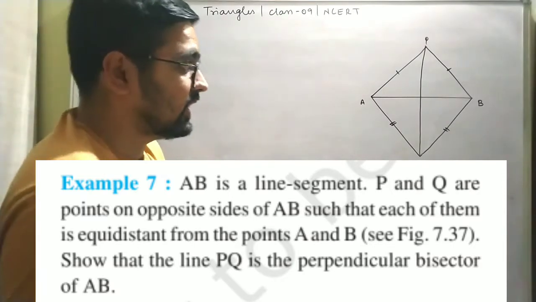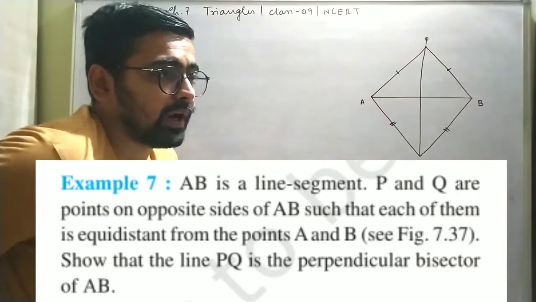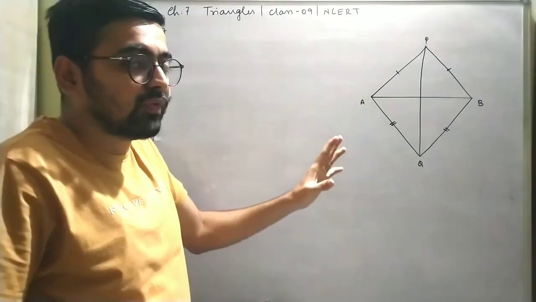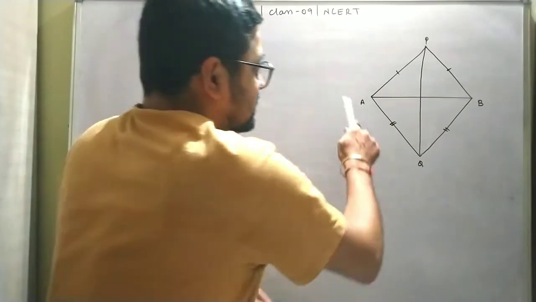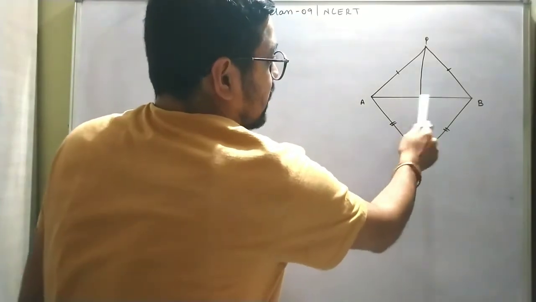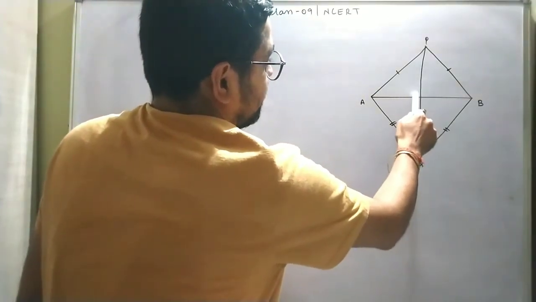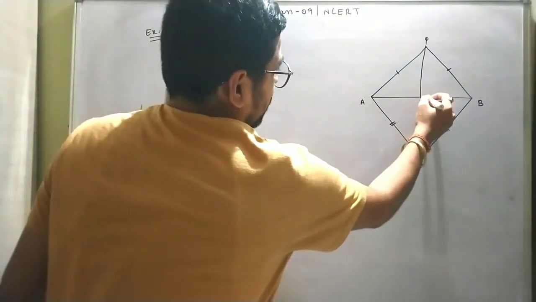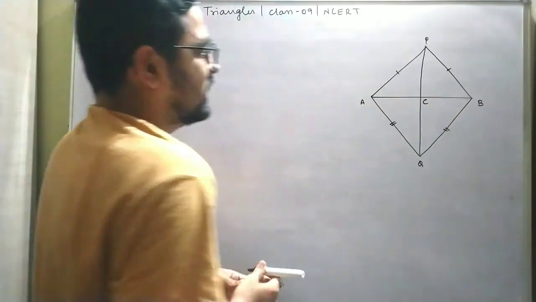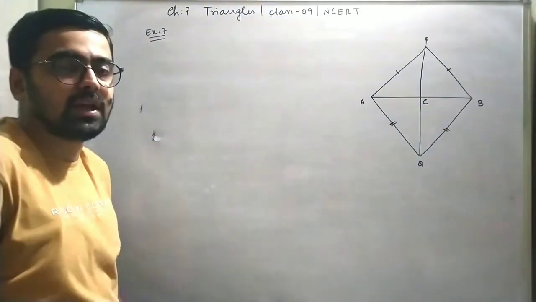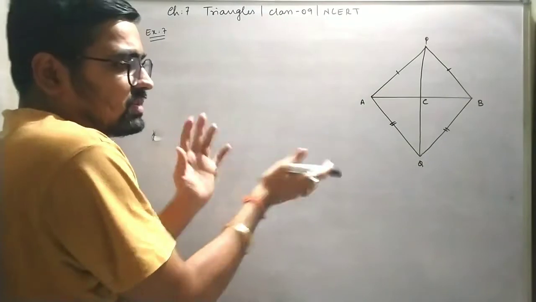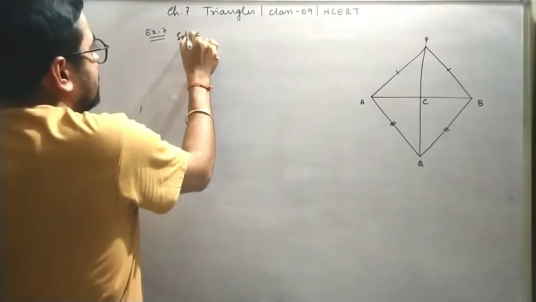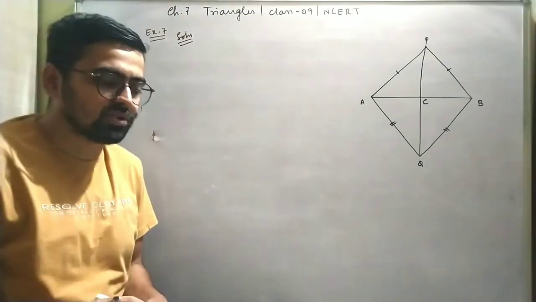What does that mean? If I say PQ is the perpendicular bisector of AB, that means PQ is the kind of a line which divides the side AB into two equal parts, and the angle it made becomes 90 degree. Correct. So I will put some point over here. Let me say this is C. The PQ divides the line AB at point C. This is the construction part which you can write easily as per your convenience. Correct? Now let's try to understand its solution.